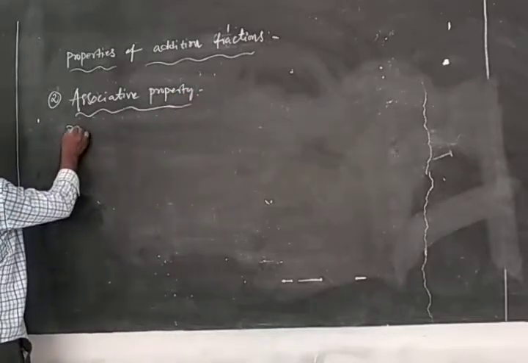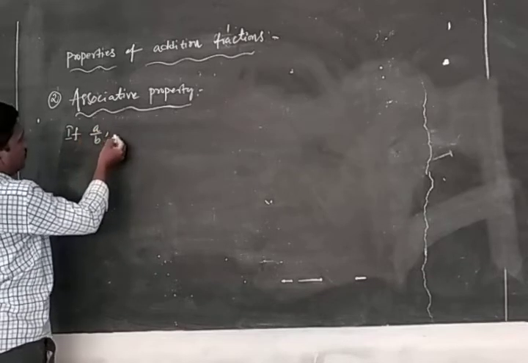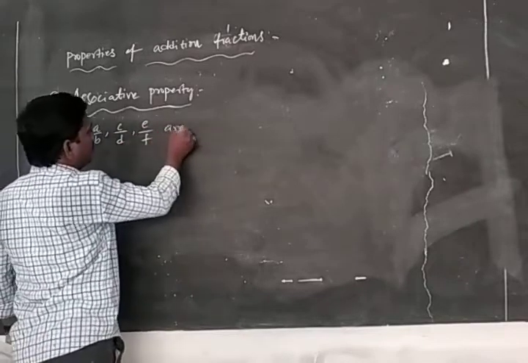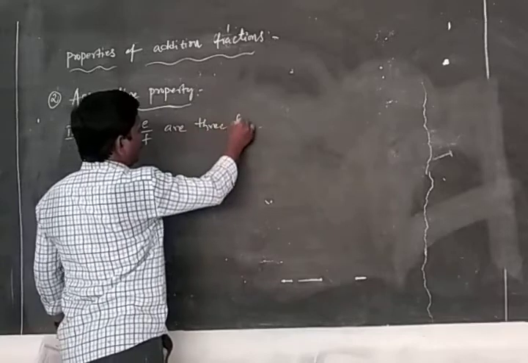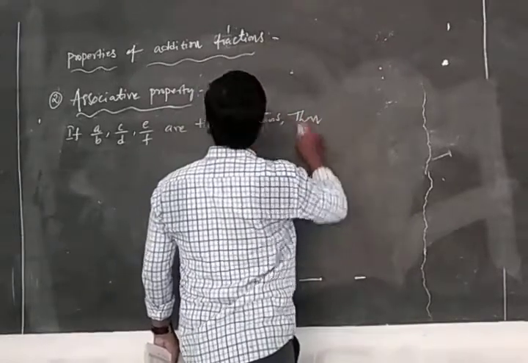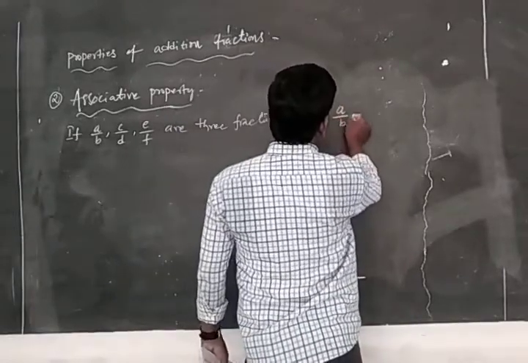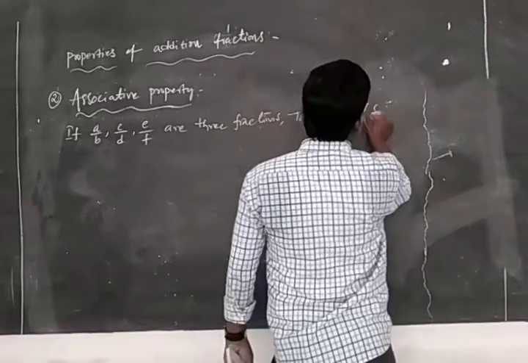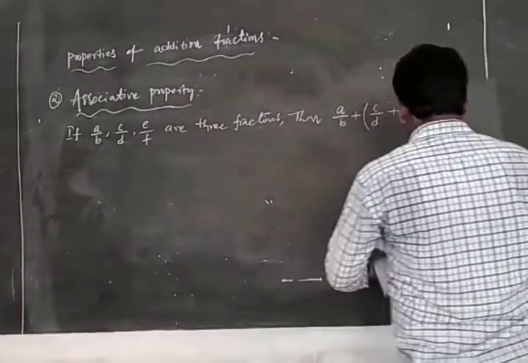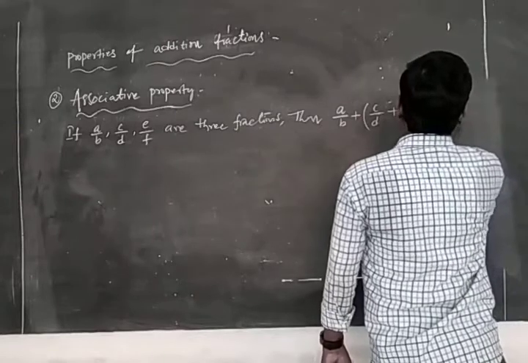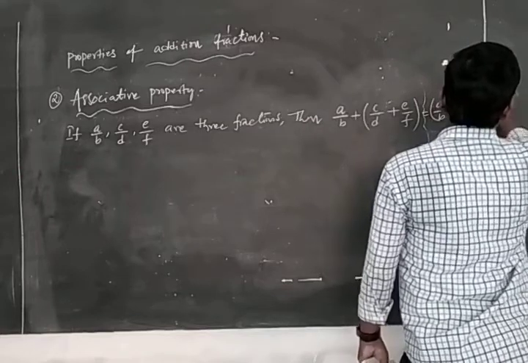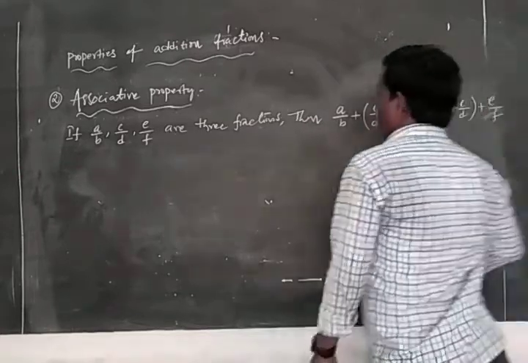If a/b, c/d, e/f are three fractions, then a/b + (c/d + e/f) is equal to a/b + c/d + e/f. So